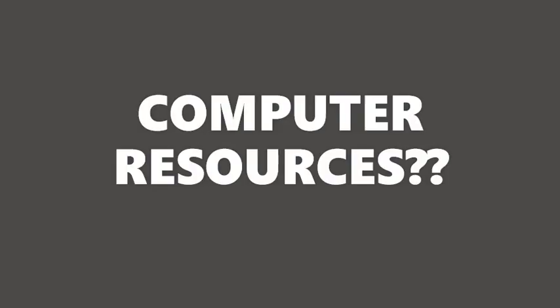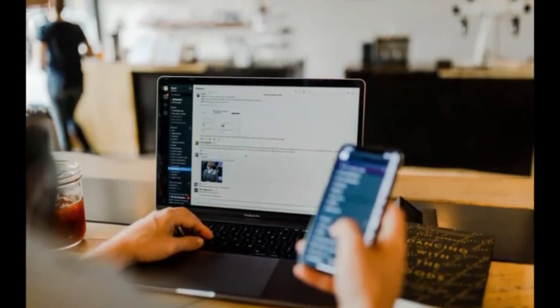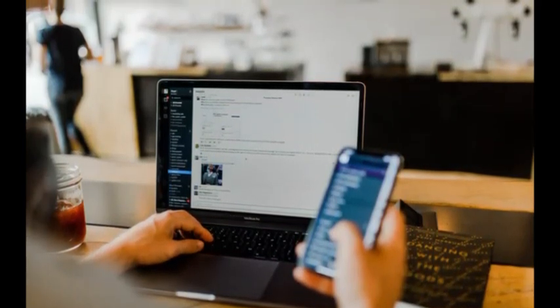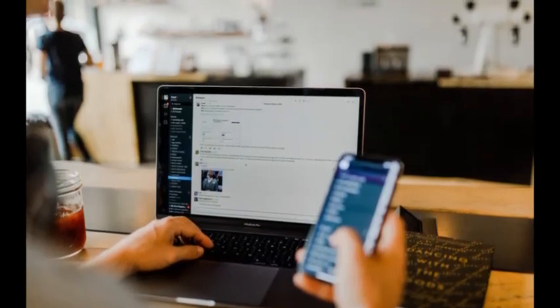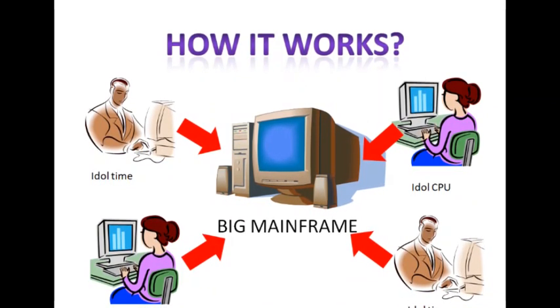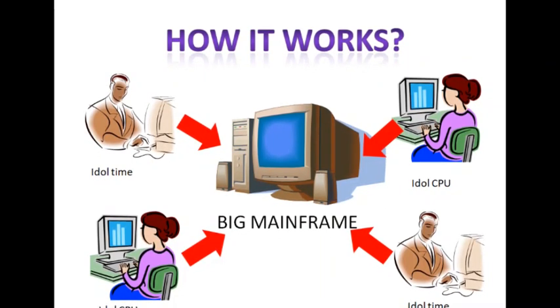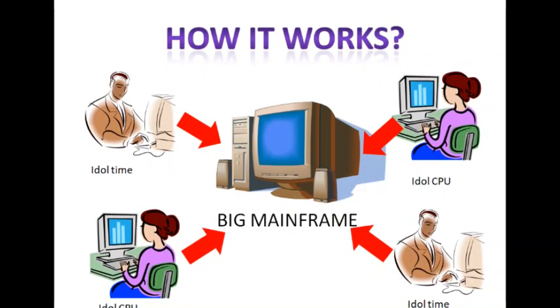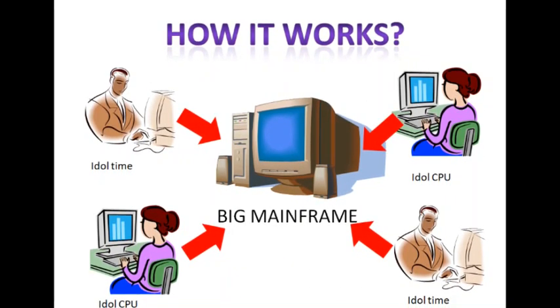I used the term computer resources. What does it mean? Computer resources include the processing power of your computer and resources like disk storage, databases, and other software applications. The grid allows sharing of your computer power and resources to the bigger mainframe. Whenever the CPU of your device is spare or is not currently needed for your system, the bigger mainframe uses the processing power of your computer.